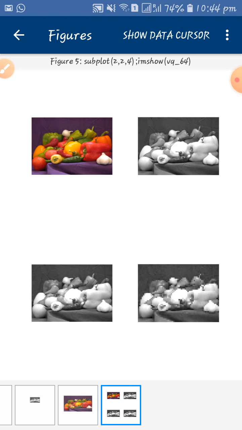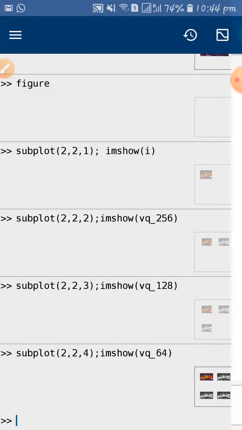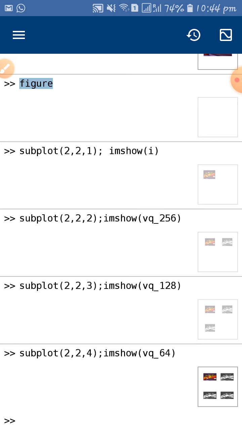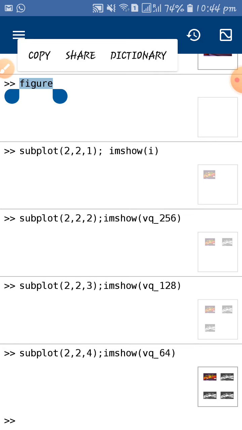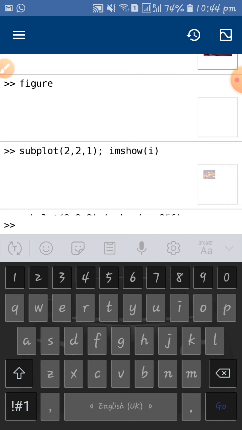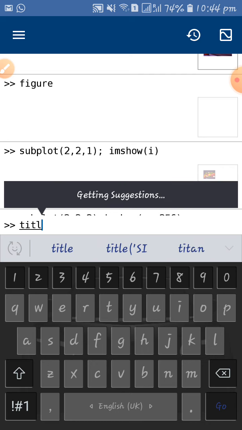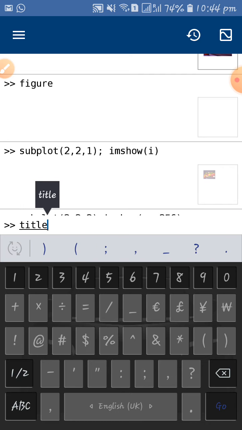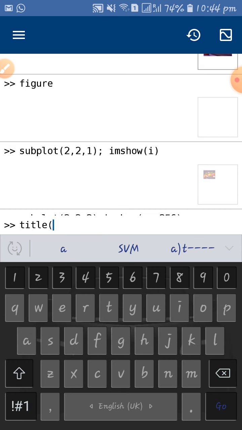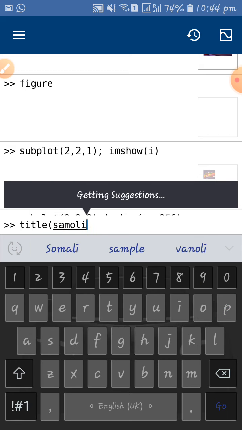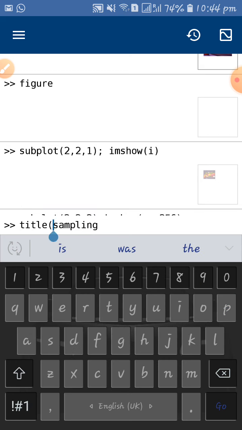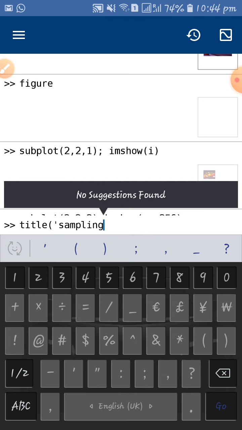Here you can also give a title for each figure so that you can have a better comparison. So again I am going to give a title, 'sampling'. Whenever you give commands, always put it in single quotes.